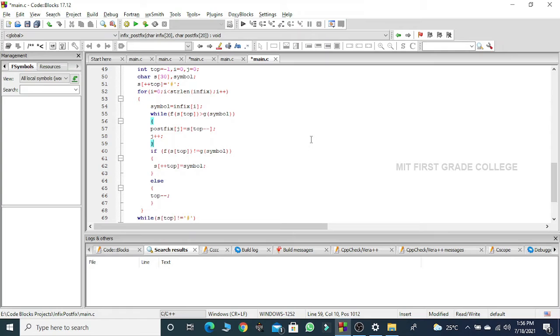I check if the input precedence of s of top is greater than g of symbol. If it is greater, I pop the elements from the stack and place them inside the postfix expression. This loop iterates until the condition f of s top is greater than g of symbol. When this condition becomes false, my flow of control will come out of the while loop and check the if condition. If f of s top is not equal to g of symbol,